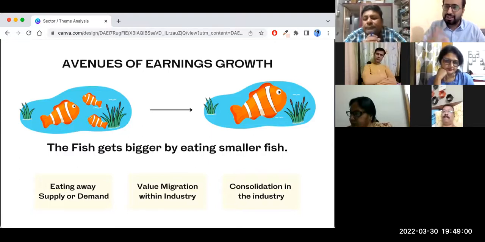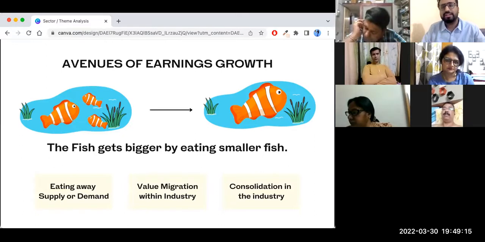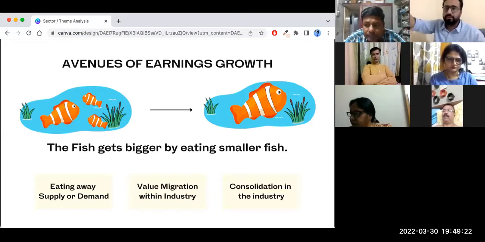Because smaller companies shut down, all the demand that these smaller companies had moved away from them to, let's say, Vodafone, Airtel, etc. and now Jio. So there can be examples where, because the industry is really tough, consolidation happens in that industry. And the advantage clearly goes to the stronger player, or the leader in that industry.